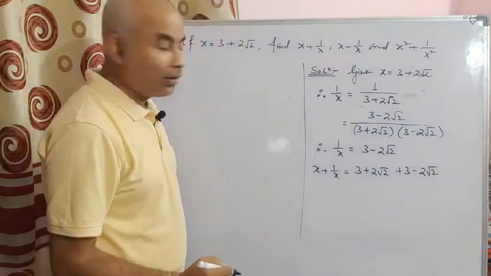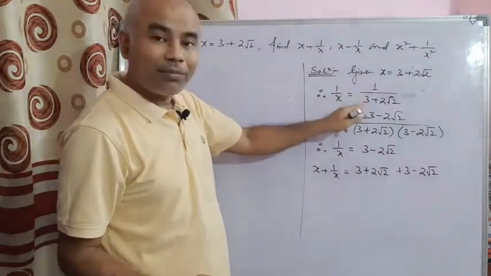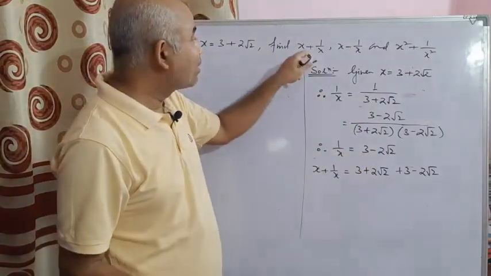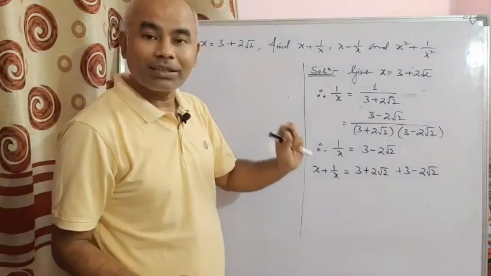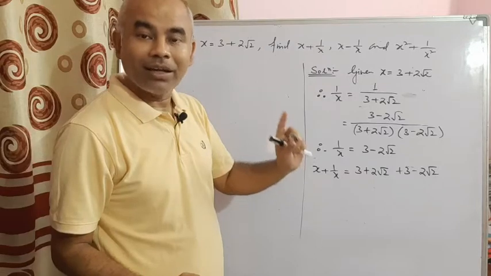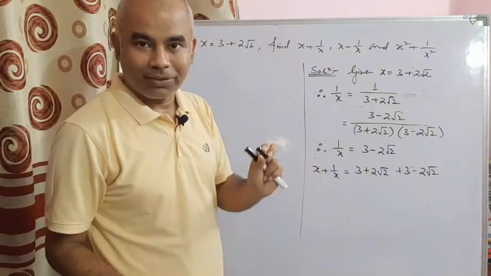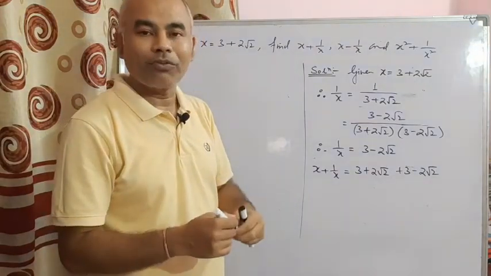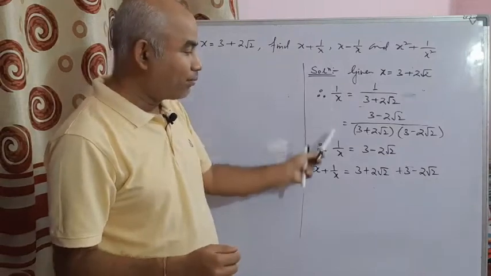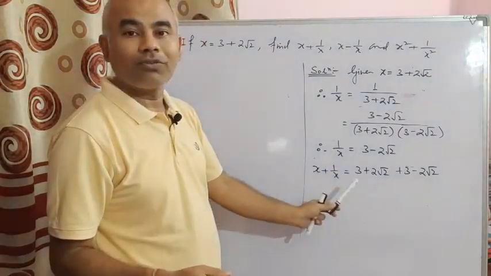But remember one thing, without rationalizing the denominator of 1 by x, that means without writing 1 by x in this way, don't try to find out x plus 1 by x and x minus 1 by x. Why? Because the calculation is very difficult, lengthy, and it is very difficult to find out the answer. Okay, or as a student, more often you will not find out the answer. So that's why first rationalize the denominator of 1 by x, write it like that, then you proceed for the next